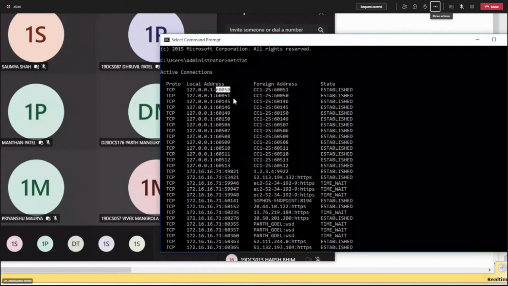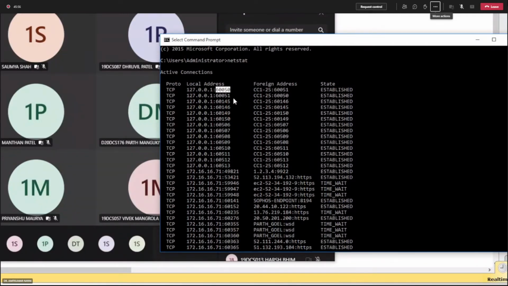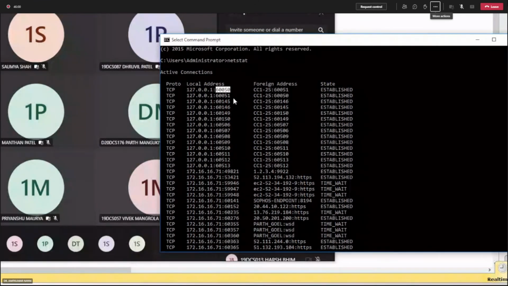But whenever a private computer is initiating the communication to a private computer, then in that particular case, a private port address is used, and you can see the same thing appearing as an output of the netstat command. So now